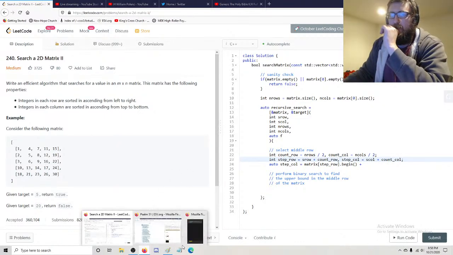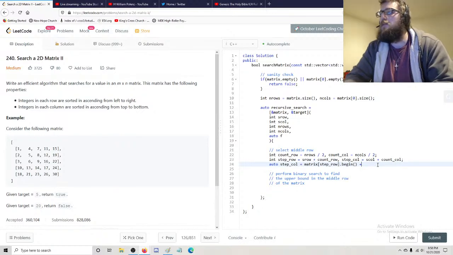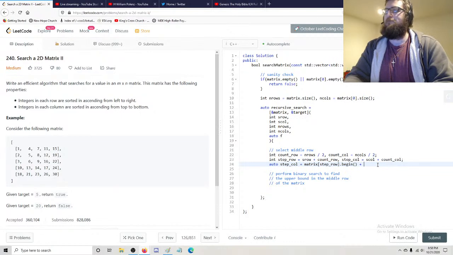So, okay. Step column is going to be the step row plus the